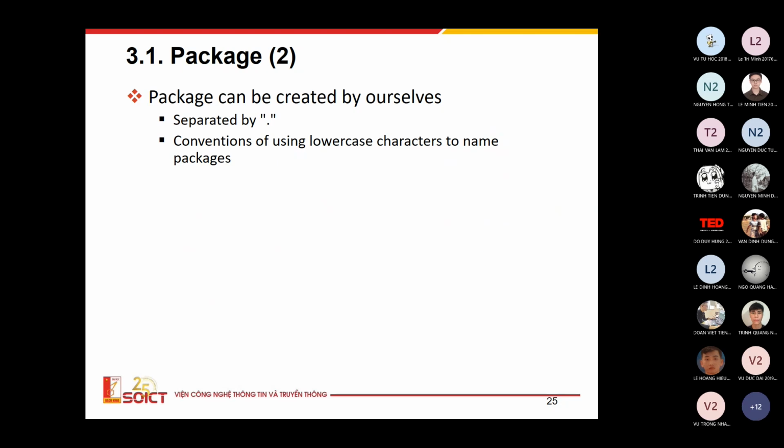When you declare the class, you can use the dot to separate the package. For example, you can have many nested folders, like this, and then you have the file. For example, file 1, 2, 3, and this is package 1, package 2, and package 3. So you can access file 1 via the directory like this. To access file 1, you can go through this